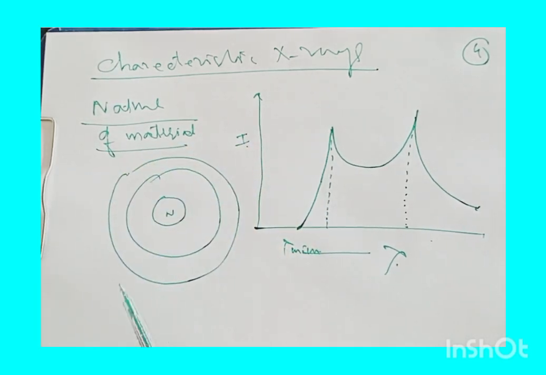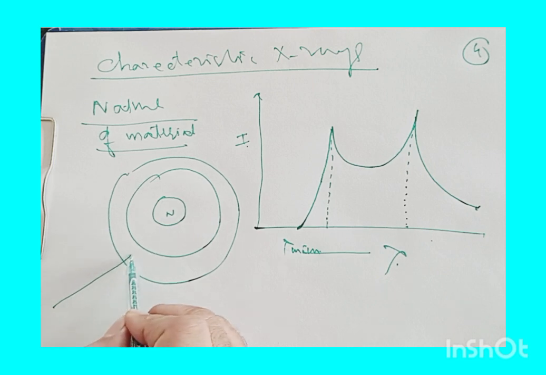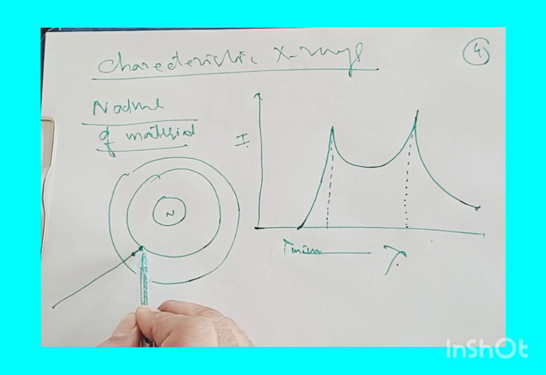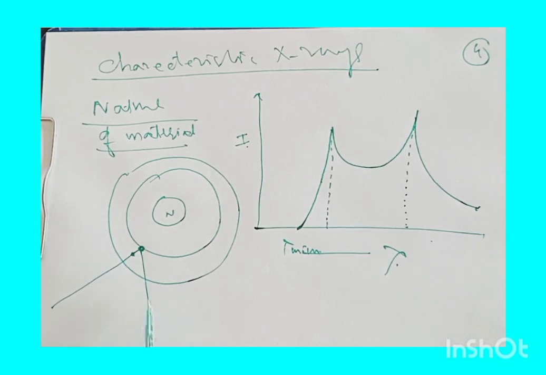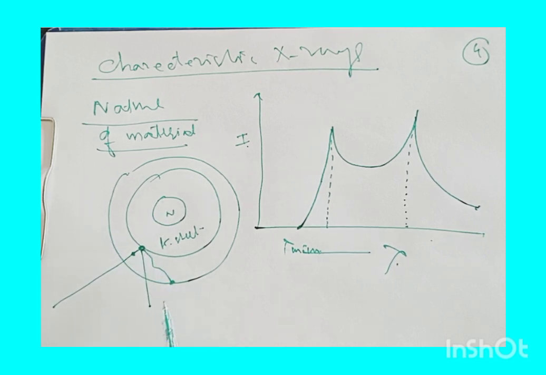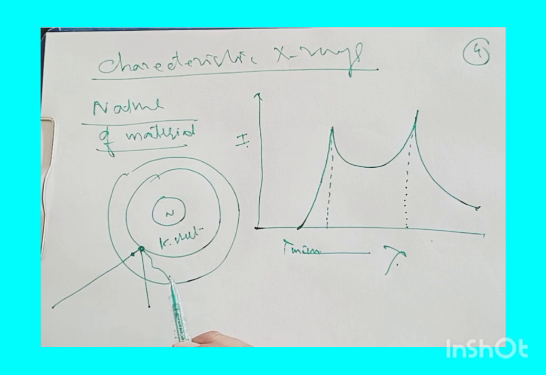In certain cases, if an electron from the inner orbit, which we call the K shell, is knocked out, then the vacancy created can be filled by an electron from some higher energy shell of the atom. Now, if this vacancy is filled by an electron from the second orbit, which we call the L shell,